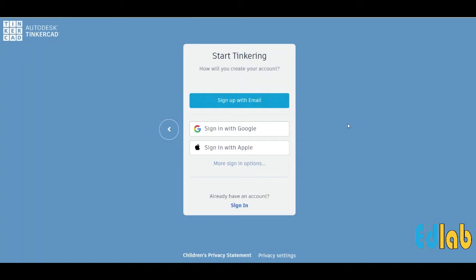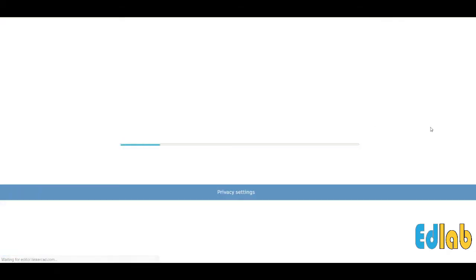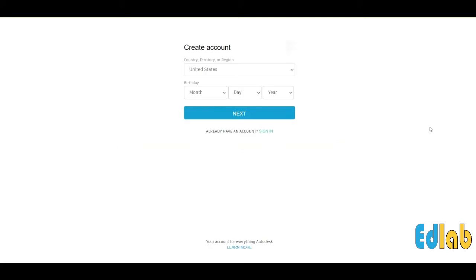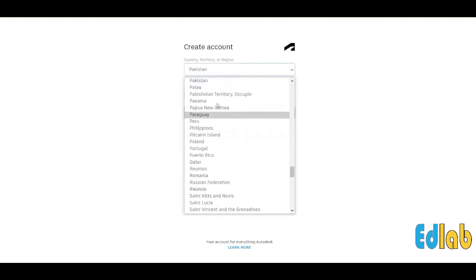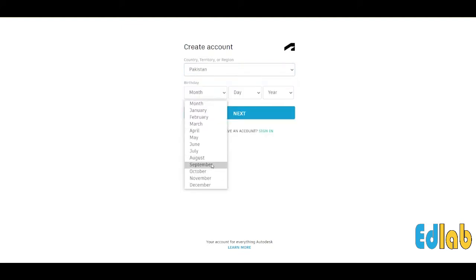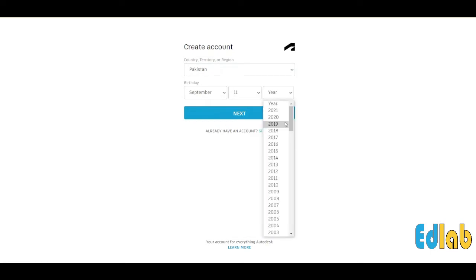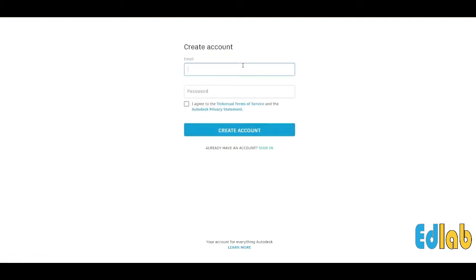Here we will set up for the personal email. It will ask about your country, your date of birth, then you need to write your account.